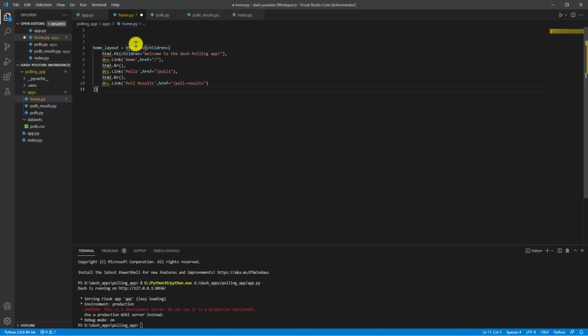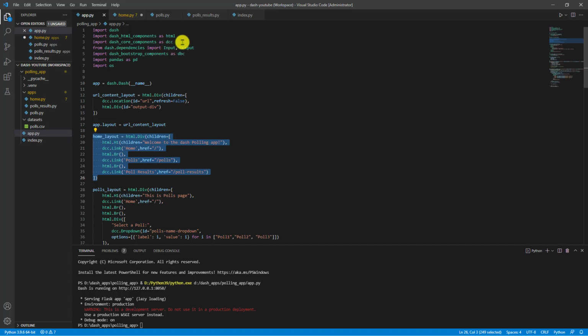Just remember, we are following the approach where each and every page has all its related code, be it layout code or callback code, in a single place. That's why I copied the home layout into the home.py page. It's complaining about HTML and DCC, so let us copy those imports as well.